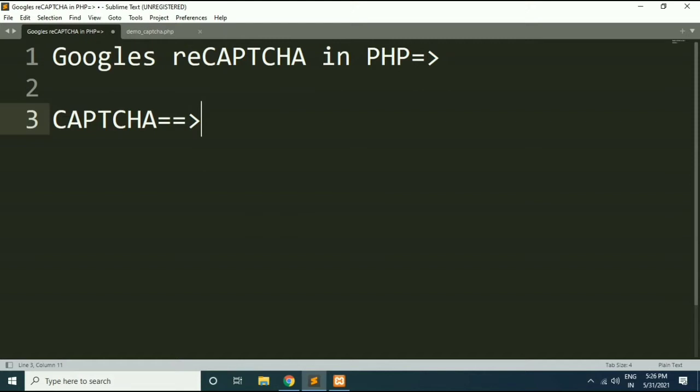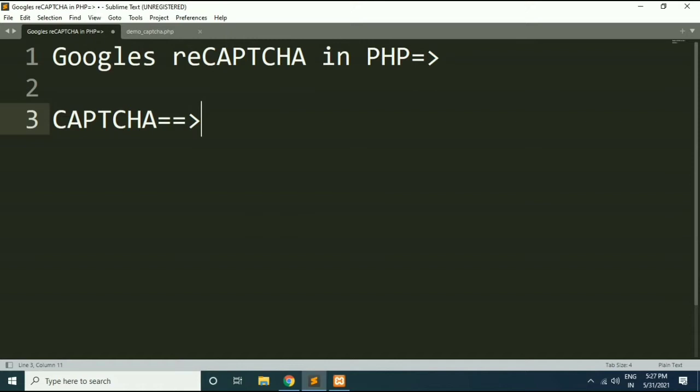What is CAPTCHA? Well, CAPTCHA stands for Completely Automated Public Turing Test to tell Computers and Humans Apart. In other words, CAPTCHA determines whether the user is real or a spam robot. In CAPTCHA, we stretch or manipulate the letters and numbers and rely on human ability to determine which symbols they are. If a human can identify these symbols correctly, we can proceed further. A robot will fail to identify these symbols or numbers.